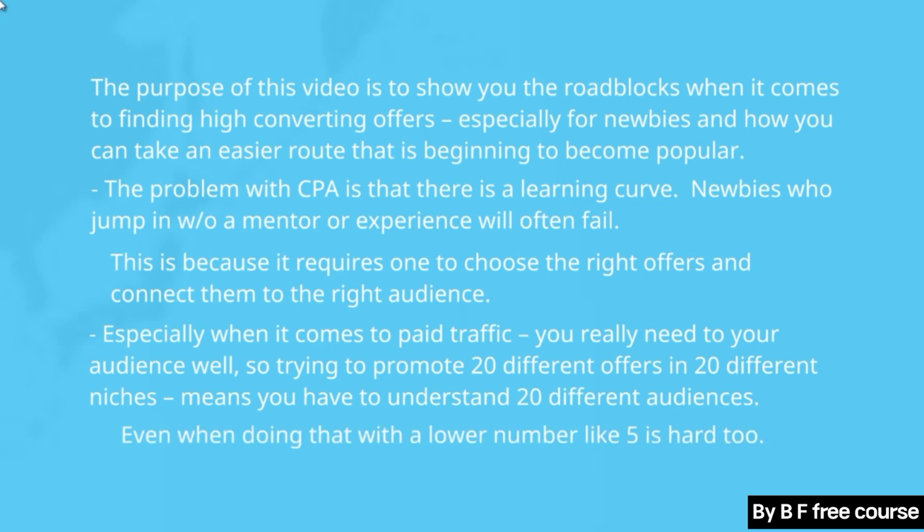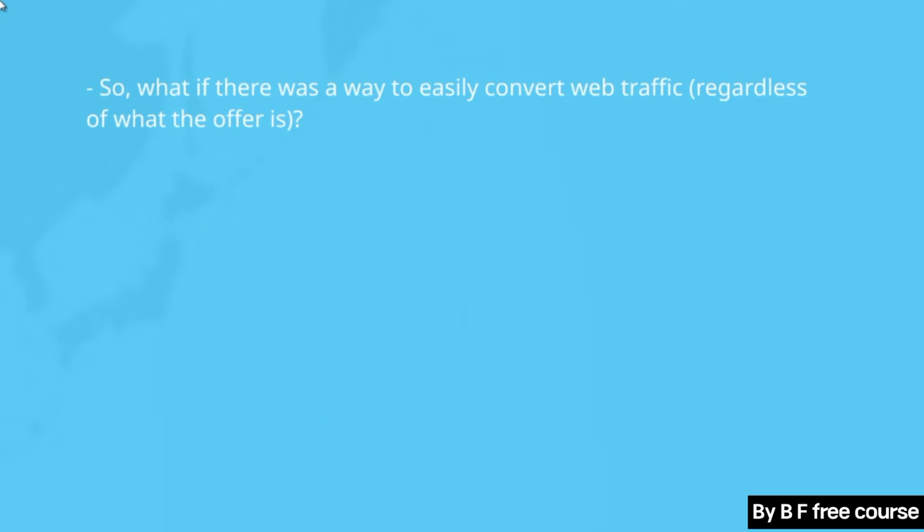Let's move on. So even if you're doing a lower number, like 5 different products, different offers, it's still going to be hard. So another example or another analogy is making friends. If you meet 5 different people and you try to learn those 5 different people, it's going to be hard, right? But if you hone in on one person and you really get to know that person really well, and you're going to need to figure out the likes and dislikes, it's going to be a lot easier.